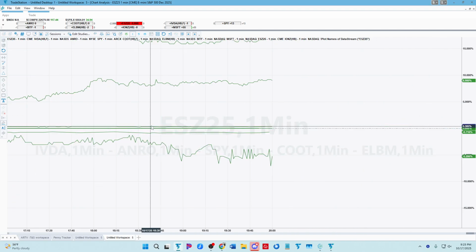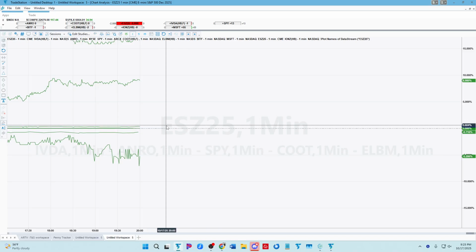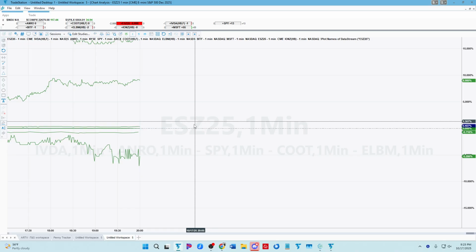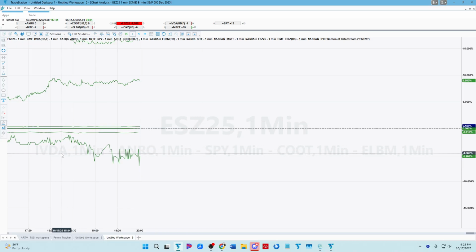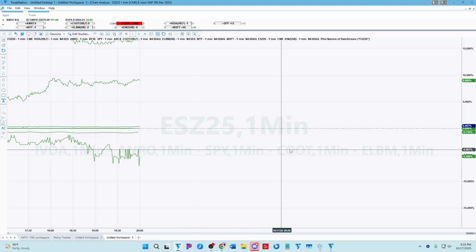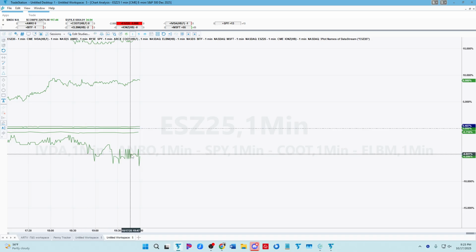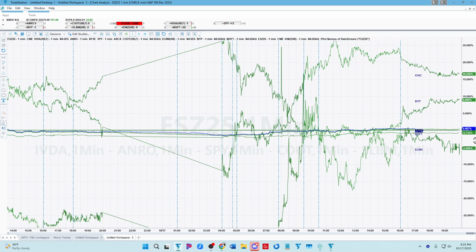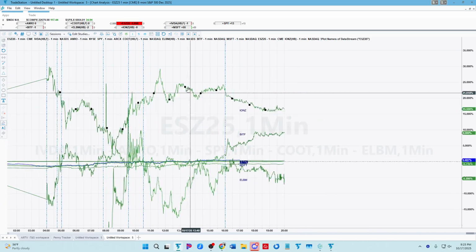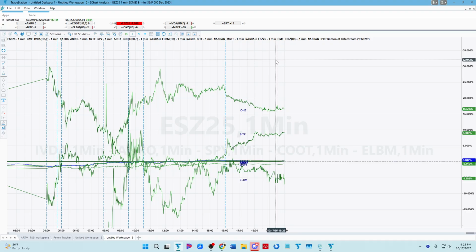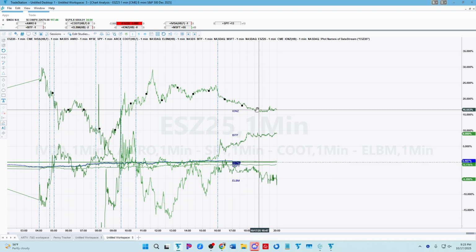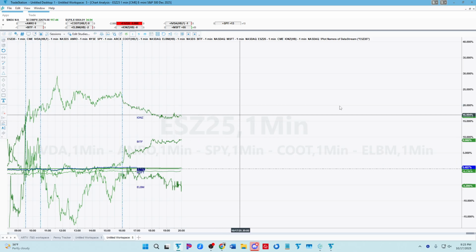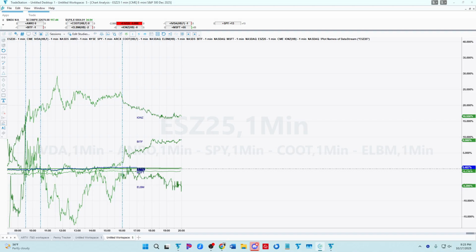It is because the basic chart here, the main data stream, is ES. And then the sub data streams are the other tickers: IVDA, ANRO, SPY, COOT, that kind of thing. All right, so I'm going to show you how to code this, and hopefully it won't take too long. Hopefully I don't lose you too much in the process, or get too bogged down in telling you what I'm doing. Okay, so let's open up a new